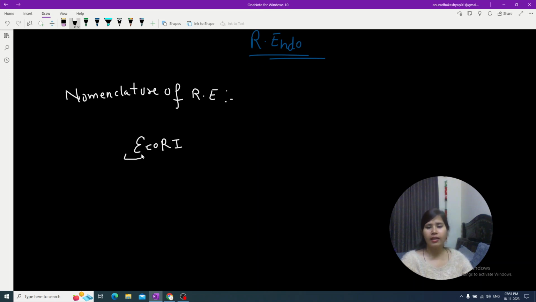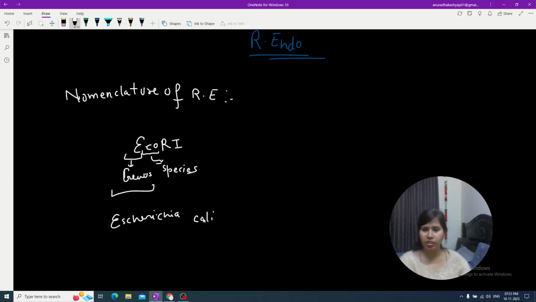The first letter is a capital E, so it is going to represent a genus. According to Carolus Linnaeus, there is a binomial nomenclature. The next two letters are written in small letters and they represent a species. Here the genus is Escherichia, and co represents coli. So it is obtained from Escherichia coli, and R is representing the strain,